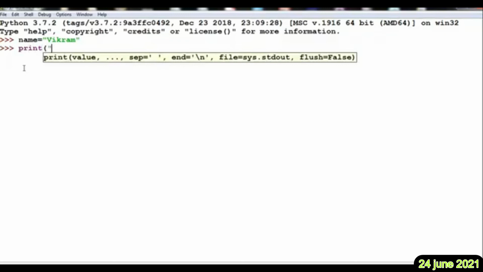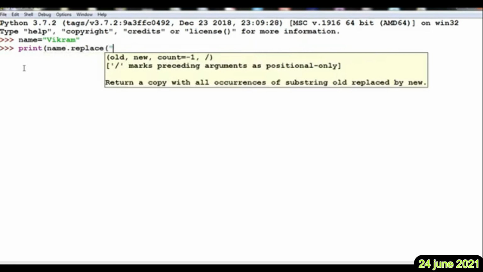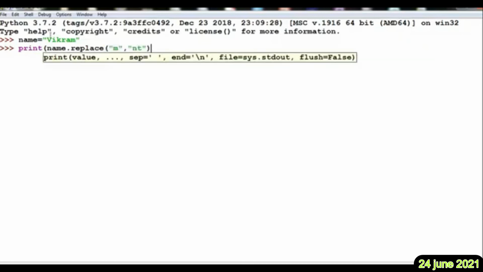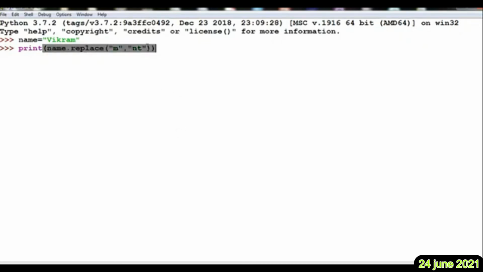From that name, the replace command was used. What are we asking to replace? The M, the last alphabet, with the value nt. This was the command. Let us see what it will do. In Vikram, M must be replaced by nt. Whether it will do? Done.